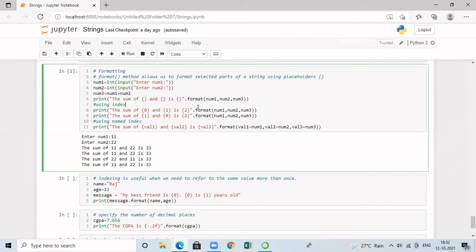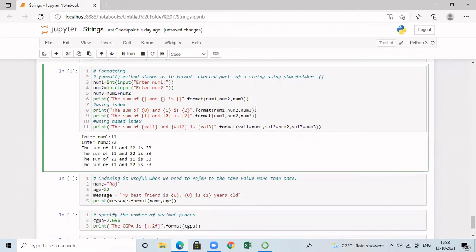What I'm going to do is call the function format. In this, I have totally three different placeholders. So for this function, I have to now supply three arguments. Calling the format function by passing three arguments, num1, num2, num3. The first placeholder will be replaced with the value of num1. Second will be replaced with the value of num2. And then third will be replaced with the value of num3.